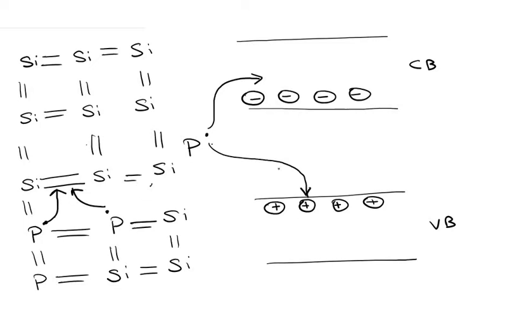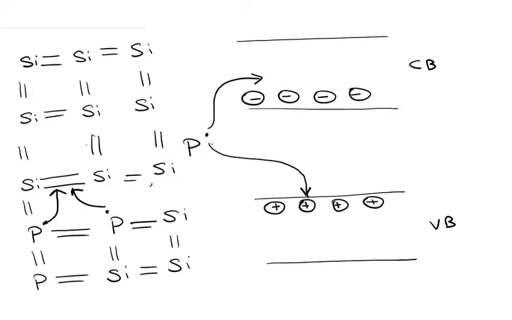Most of the fifth electrons in the phosphorus atom would directly go to the conduction band because they have a higher energy, but some electrons in the phosphorus atom which are unsatisfied can go and sit in the location of a broken bond between silicon atoms. When they do, that bond is formed and the hole is destroyed. That is why when you introduce n-type or donor type impurities in a semiconductor, the number of holes in the valence band decreases.